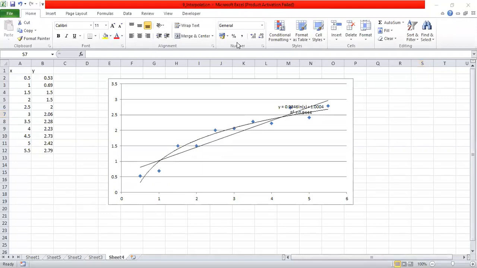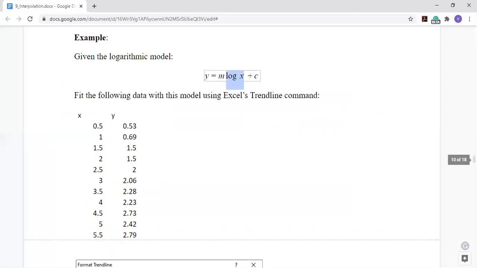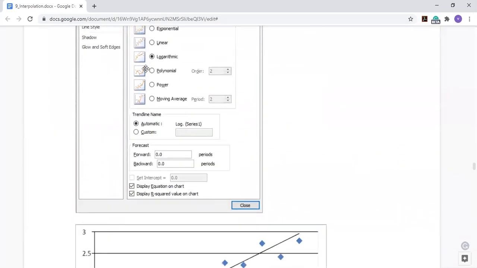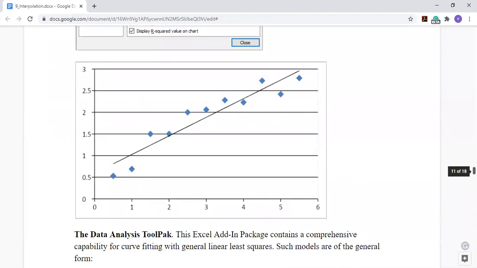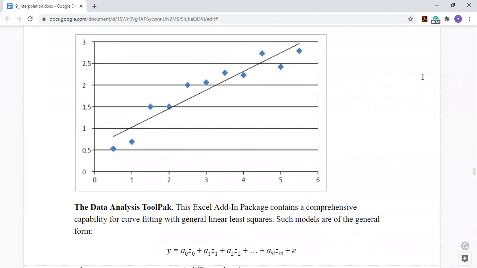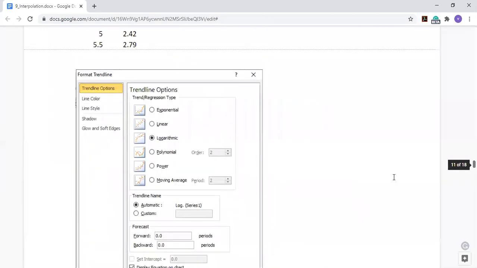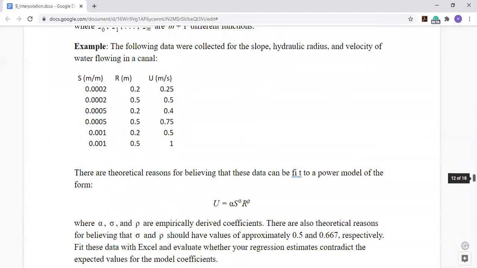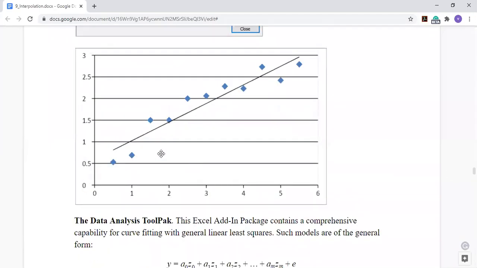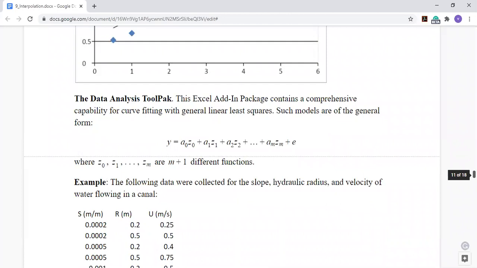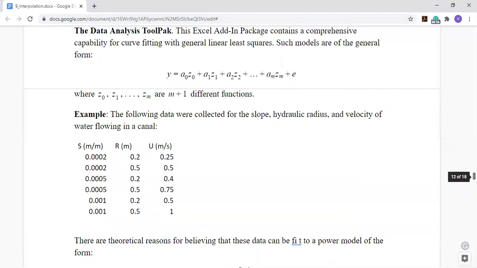So let me go back to the notes. We have been able to do this. In the notes, I explained the steps you follow just like I did. Based on that, you would draw the graph. Another tool Excel has is the data analysis tool pack,